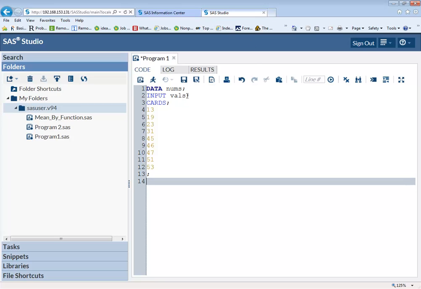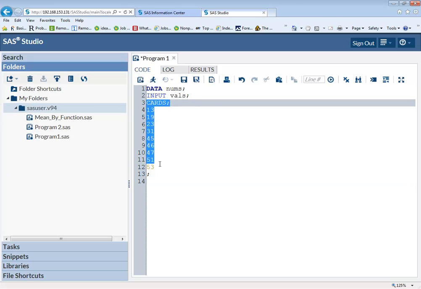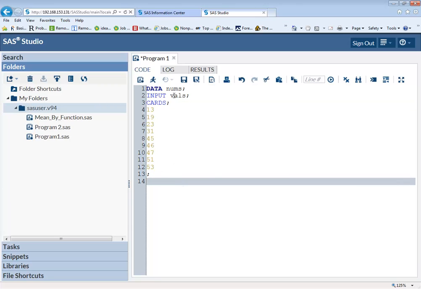Okay. Now when this does input down here, when you have the cards, this is read in as input, and this is our data set name, but our input is actually called vowels. Okay, so down here